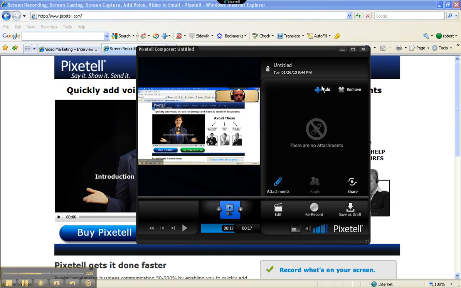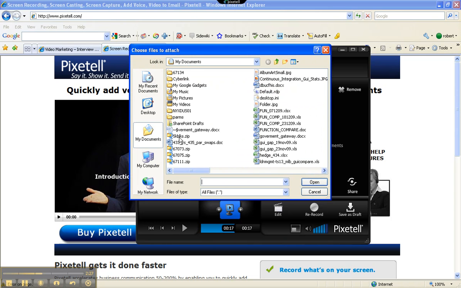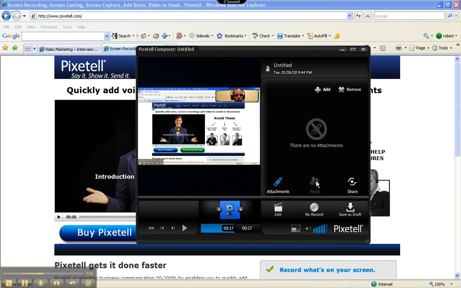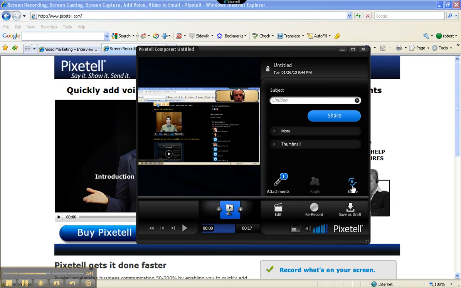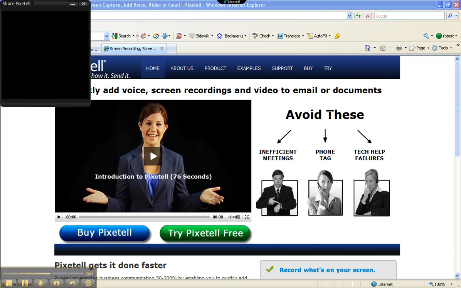So let's go through that now. If I click on add, I can select a file, click on open, and then when I share this, other people will be able to read this document that I've attached. So it's a very good way of collaborating. So once I'm done there, I click on share, and at that point I can give it a title, so test video. I then get options to put a description in. I can choose the current frame as the thumbnail, and when I'm ready I can click share,